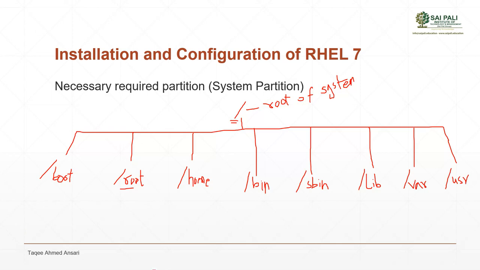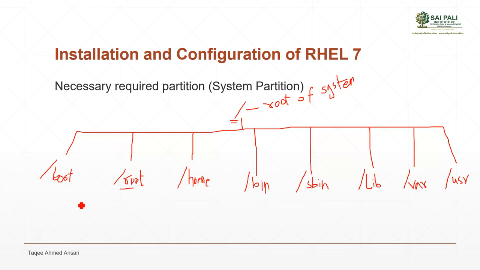Now where is the partition? Partitions are not there. You will see no partitions. In your command line you will not see partitions. You have already seen the command line interface. Can you see the partition there? You can't. But if you run a command to check the partitions, then you can see them. Now if you install it with the graphical interface and want to see the partition, again you will not be able to see it because it does not show the partition. It shows you only this directory, that is your root, and when you open it you will see all these directories and many other directories.